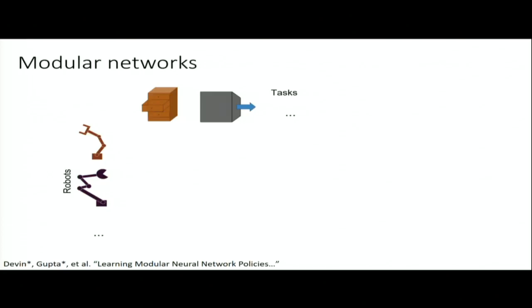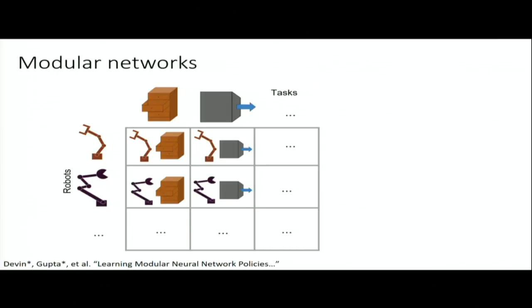So now these systems simply have different state spaces. This one and this one, you can't give their inputs to the same policy. So this gives rise to a matrix of possible combinations. You might have the 3-link robot opening the drawer, the 4-link robot pushing the block, and any possible combination. One thing we could imagine doing is training a single policy for all the tasks, or a single monolithic policy